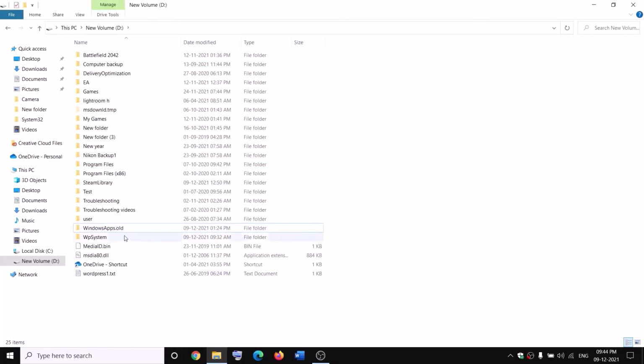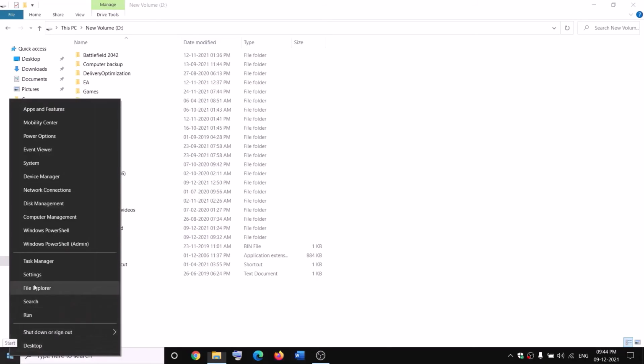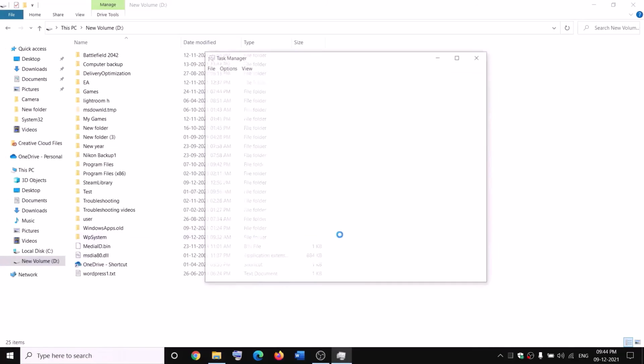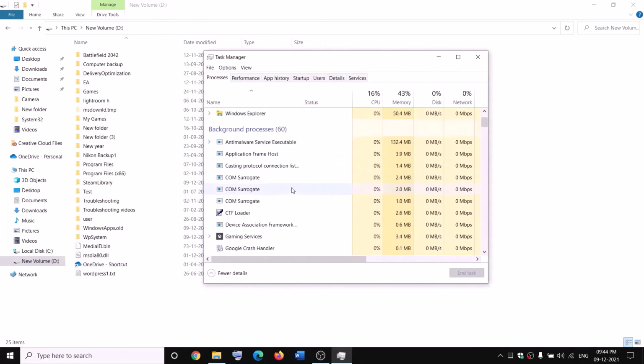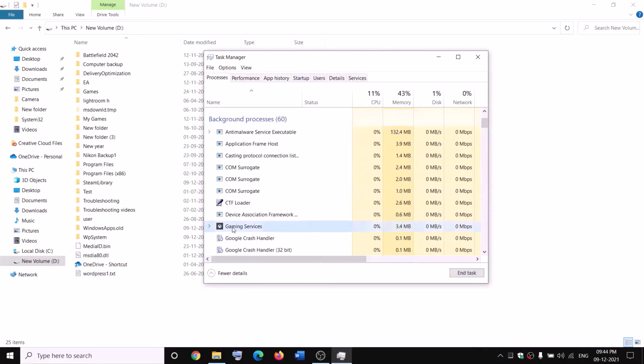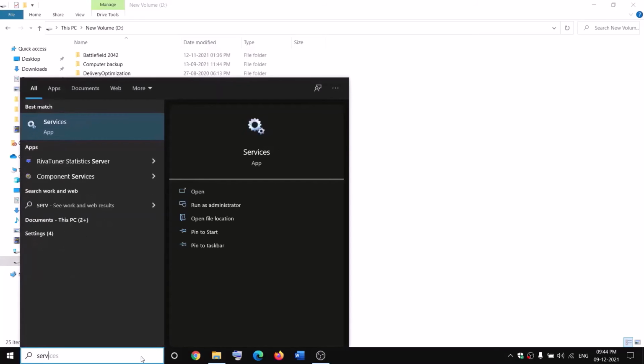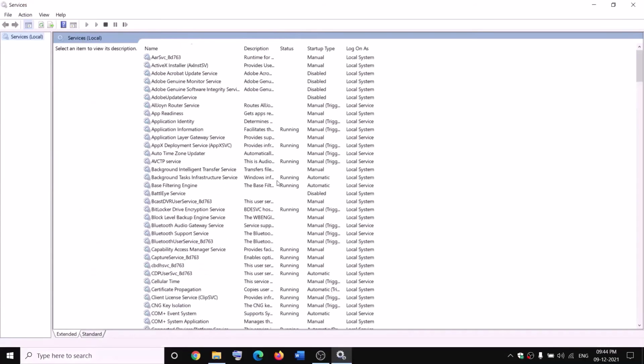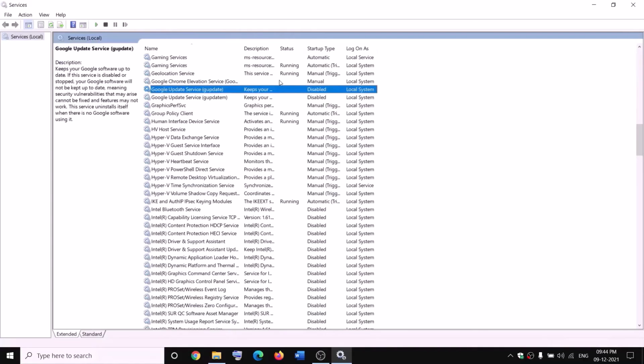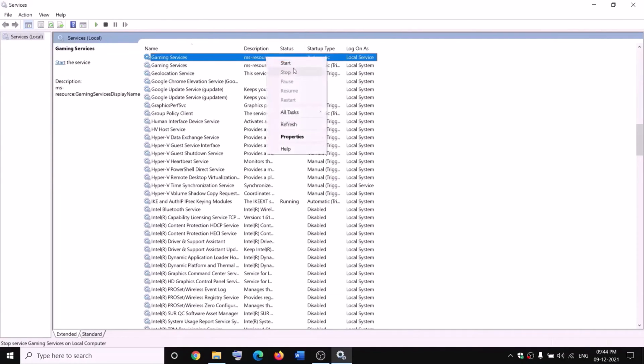Now while renaming it, if you receive any kind of error message which says file is open, in that case open Task Manager on your computer, make a right click on the start menu, click on Task Manager. Now if you find Gaming Services, make a right click and then click on End Task, and also open Services over here and then go to Services and find Gaming Services, make a right click on Gaming Services, click on